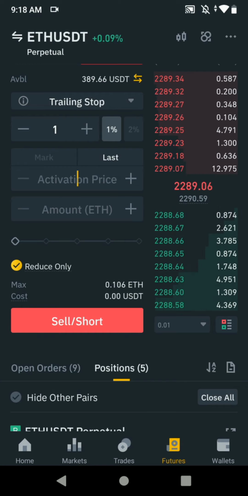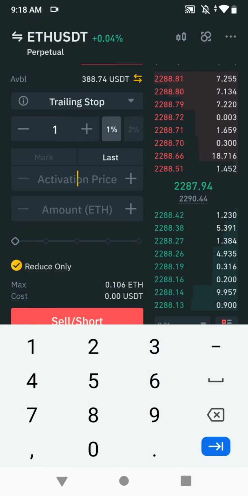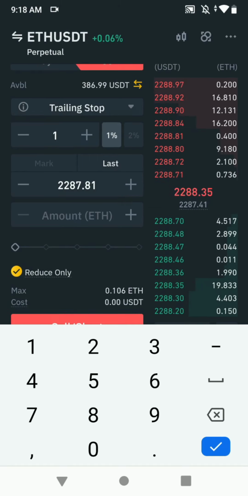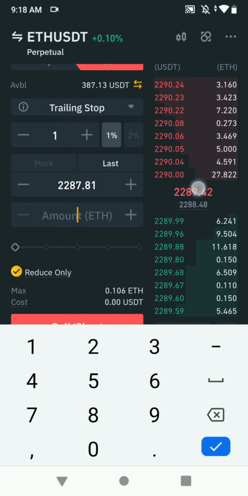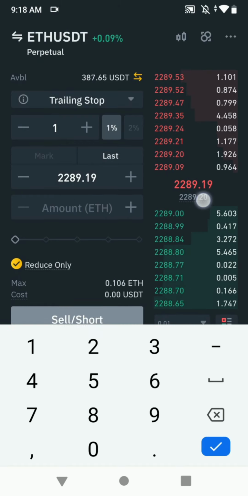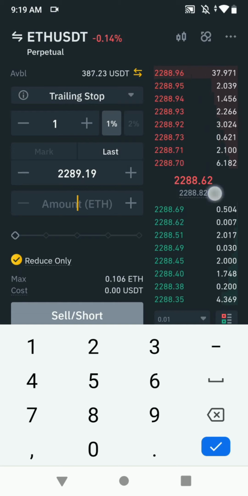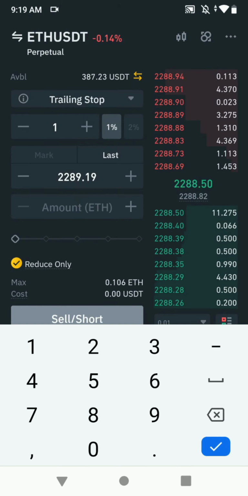Last thing I would like to remind you again, that if you don't put anything in the activation field, your trailing stop loss will become activated immediately, and it will run parallel to the percentage of the current market price or last price, whichever you have chosen. In the order book you see the price reflected in bold letters in green and red, and below that there's a price in gray. That is what we call mark price, and the upper one is last price. So you can choose any one of those. I mostly use last price for this.